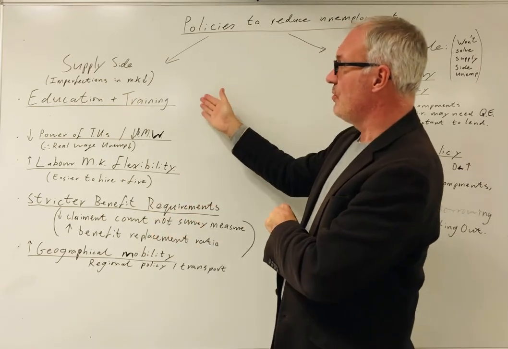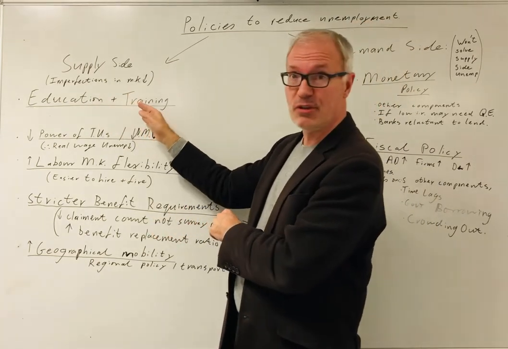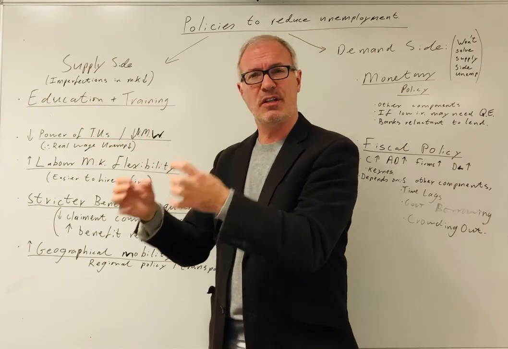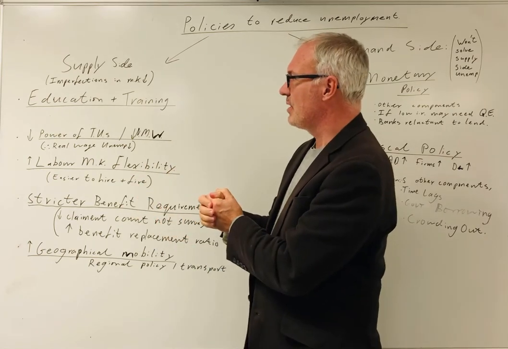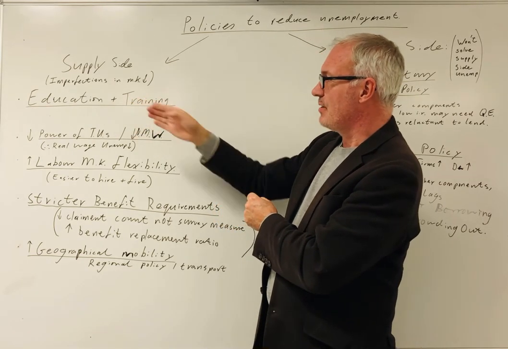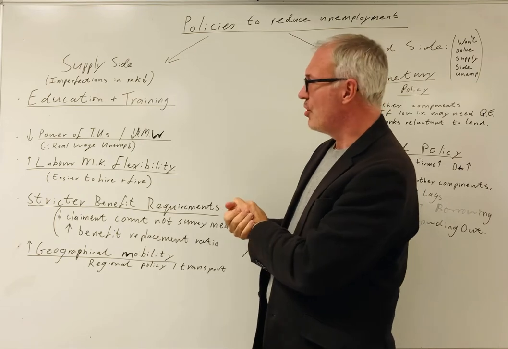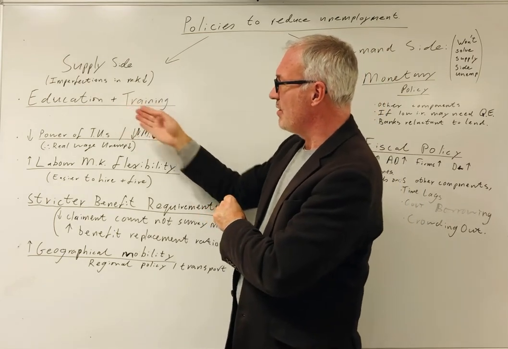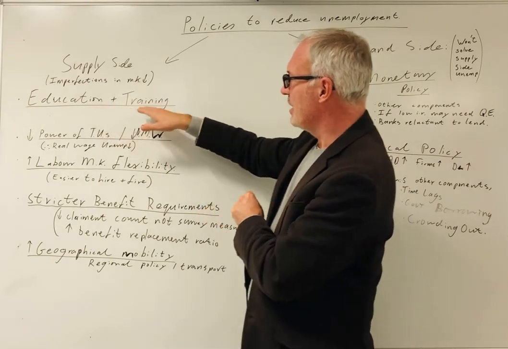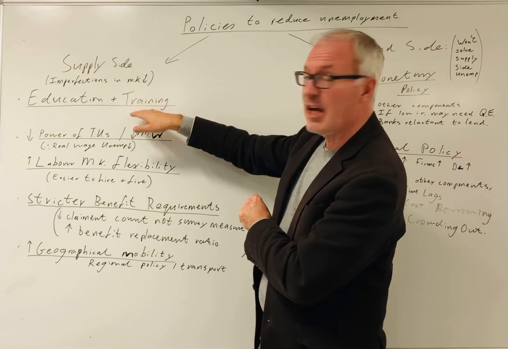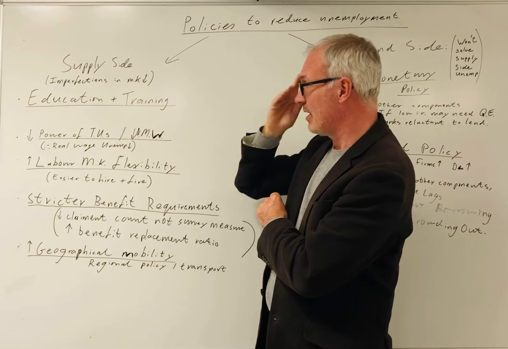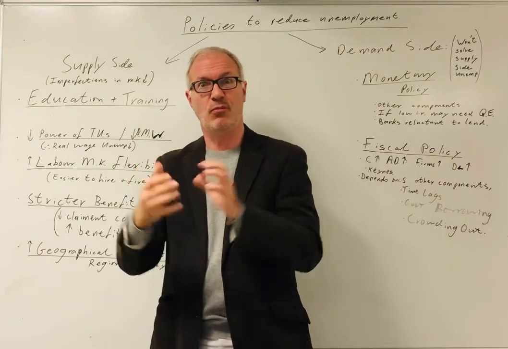The problem with this, of course, is it depends on the quality of education, the quality of training, the willingness of workers to partake in this, and of course there's quite a significant time lag here, because you've got to undertake training and then get the appropriate job, and of course there could be a disparity in terms of location still, and we'll come to that. So education and training depends on quality, quantity, and the other aspect, of course, is it involves more government spending. It usually does, okay, which might pose fiscal problems.